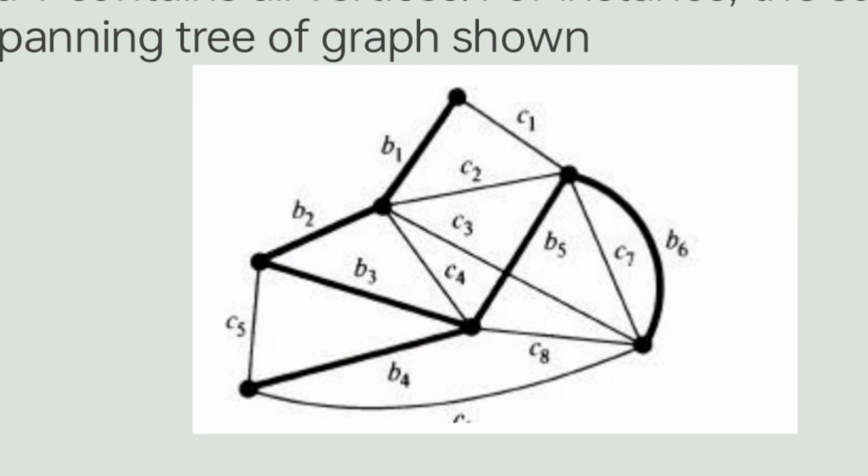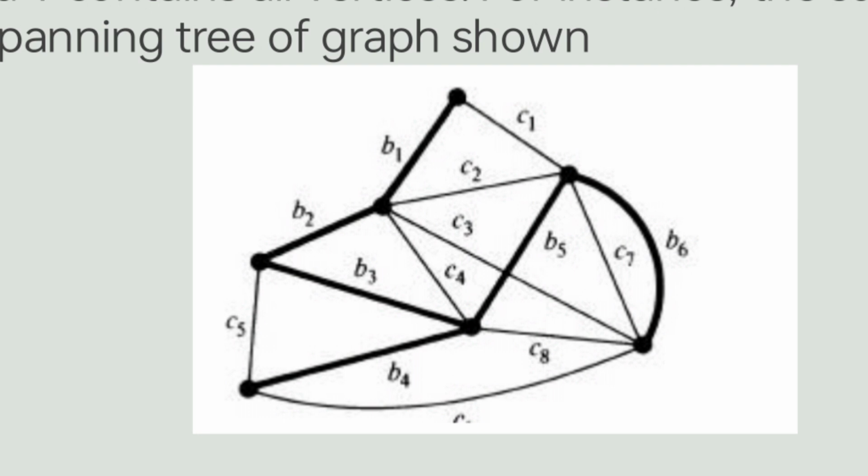You can see the figure that is shown here. It has 7 vertices and 14 edges. If you observe this graph, you can see that some of the edges are darkened and the others are not. And you can also observe that the darkened edges are sufficient to connect all the vertices of the graph. All the vertices of the graph and the darkened edges of the graph together form the spanning tree of the